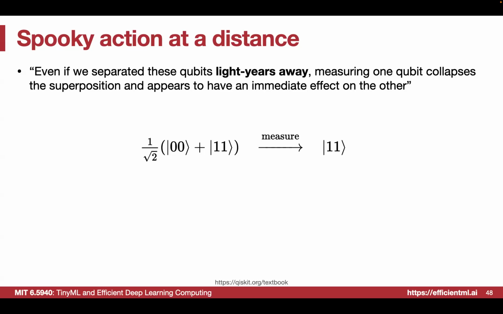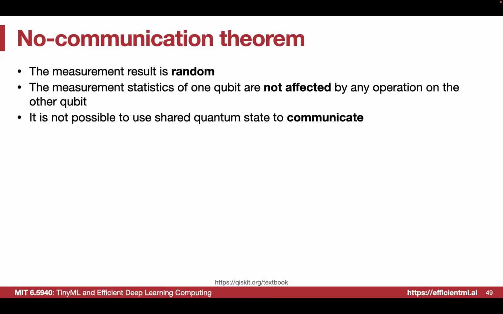That means when you measure the qubits, you know it's 1 or 0, but you cannot convey the information because you don't know whether it's 0 or 1 ahead of time. So you cannot send even 1 bit of information through this. The only thing you know is that after you measure this 1, you know the other person's is still 1, but you cannot get any bit of information from the other side, right? Because of the pure stochastic behavior of these two entangled qubits. Okay, so just like we introduced, we are not able to do measurement communication using these two entangled states.